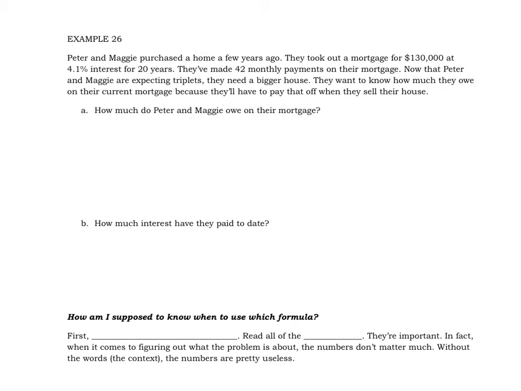Finance 26. Peter and Maggie purchased a home a few years ago. They took out a mortgage for $130,000 at 4.1% interest for 20 years. They've made 42 monthly payments on their mortgage. Now that Peter and Maggie are expecting triplets, they need a bigger home. They want to know how much they owe on their current mortgage because they'll have to pay that off when